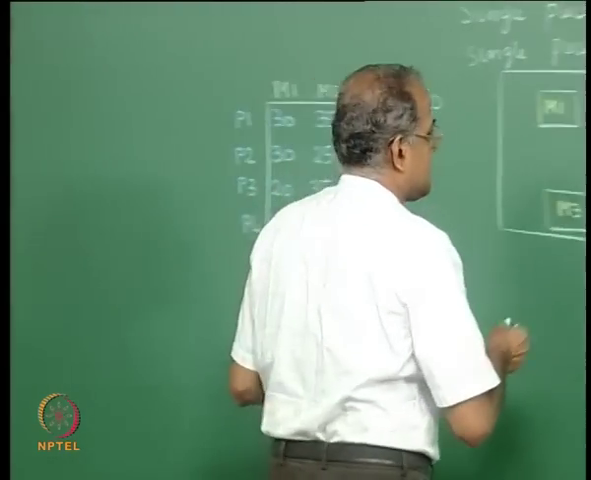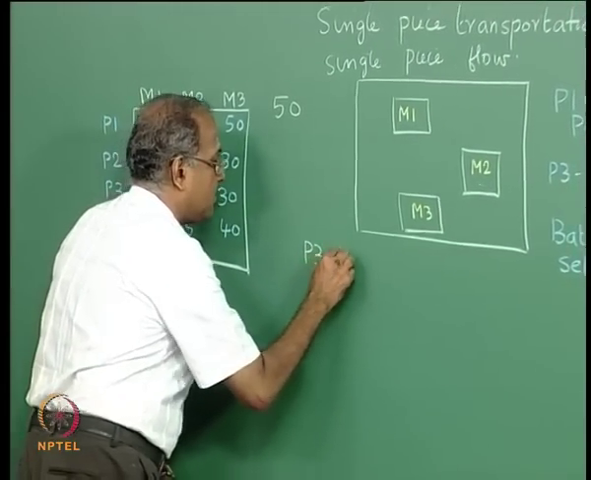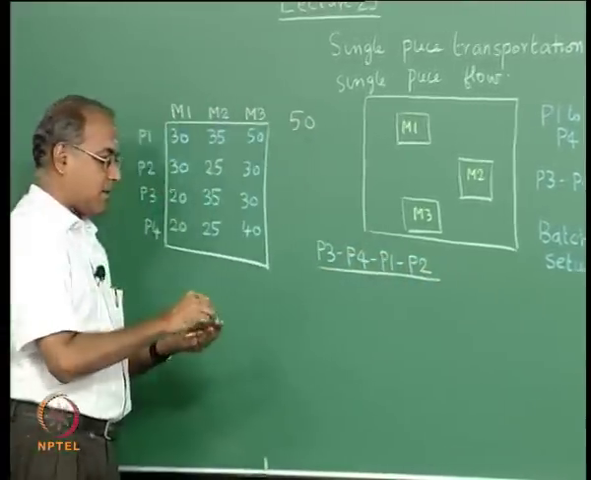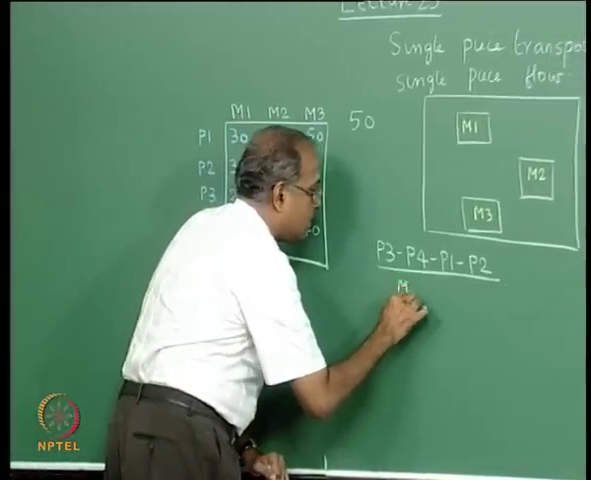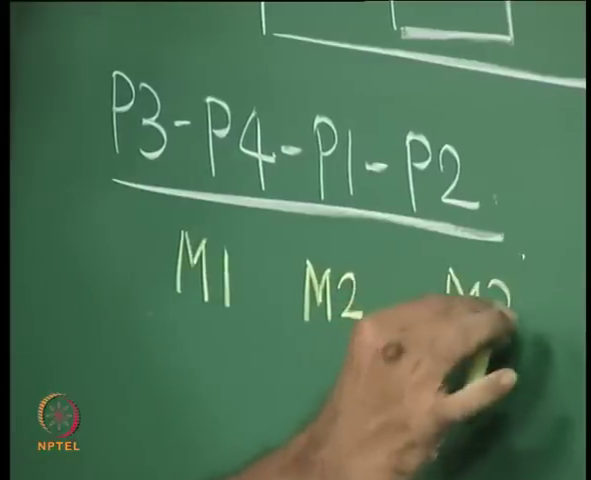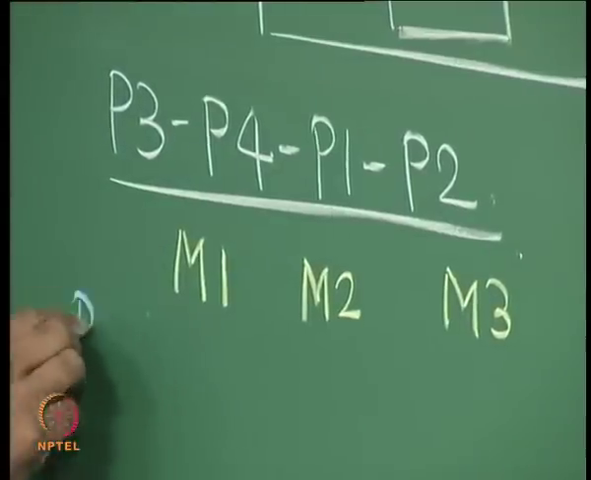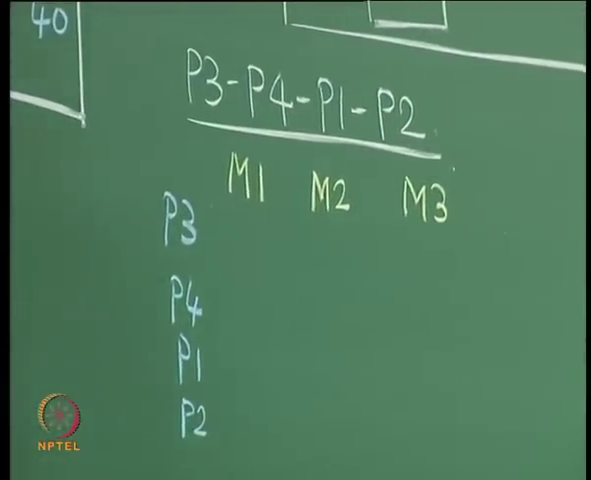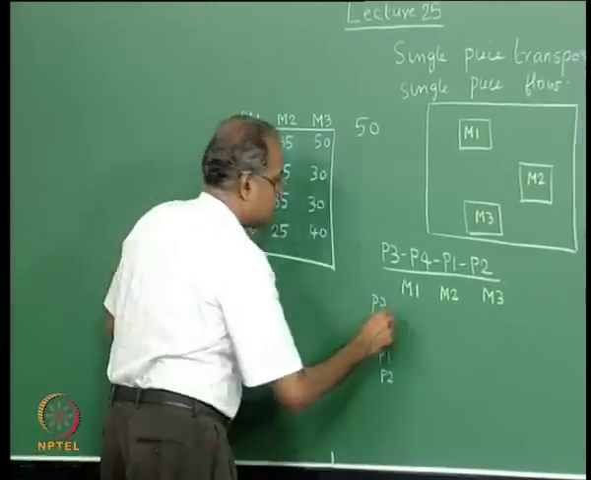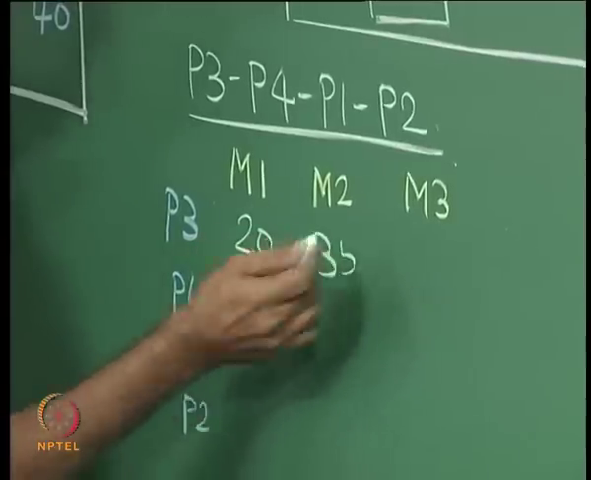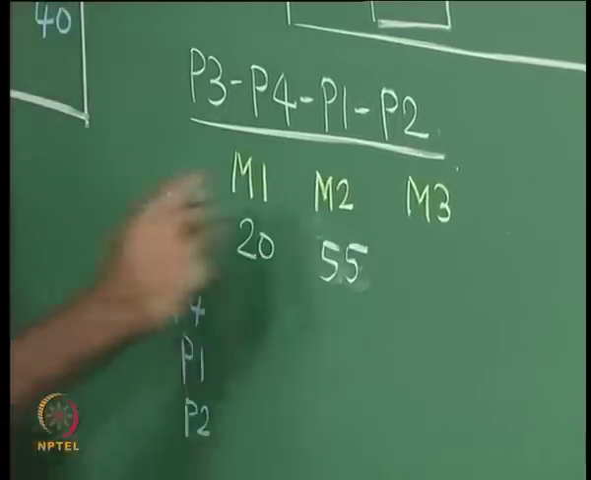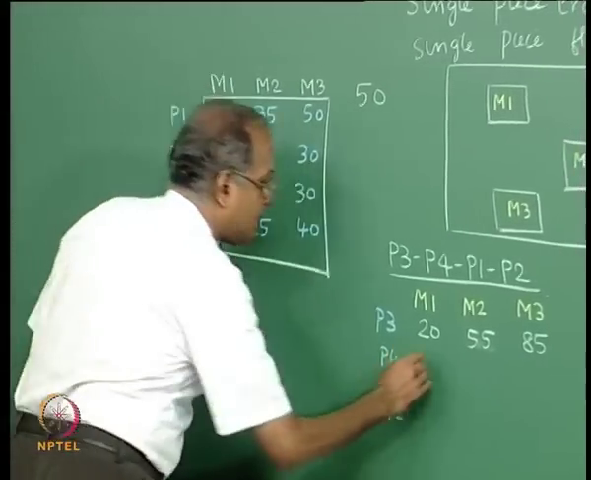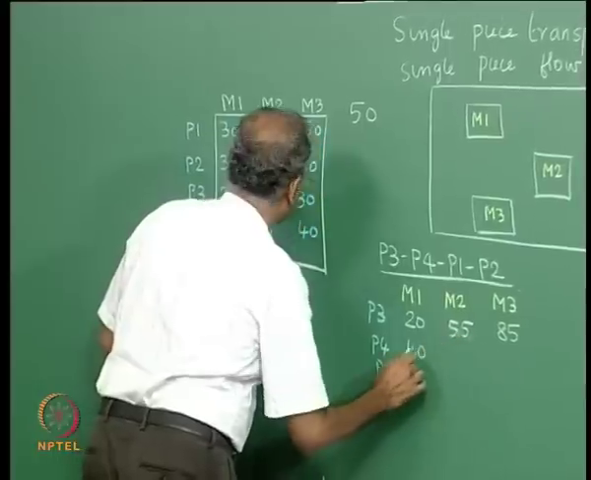Now, for the same sequence P3, P4, P1, P2 on M1, M2 and M3, P2. Now, we begin with P3. So, 20 plus 35 55 plus 30 85, P4 is 20 plus 20 40, 55 plus 25 80,